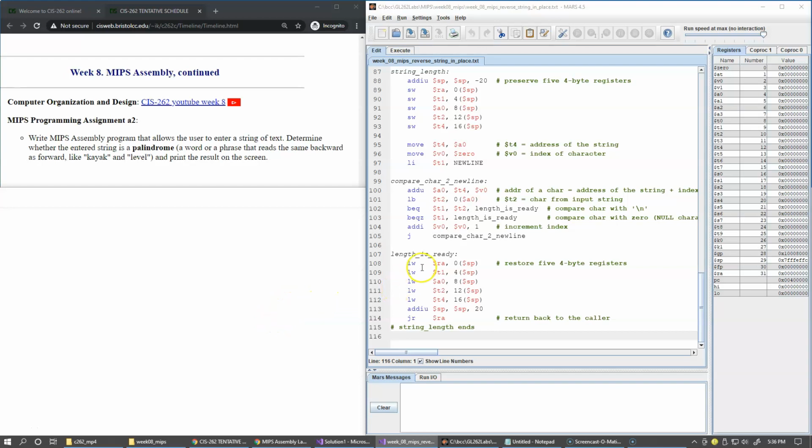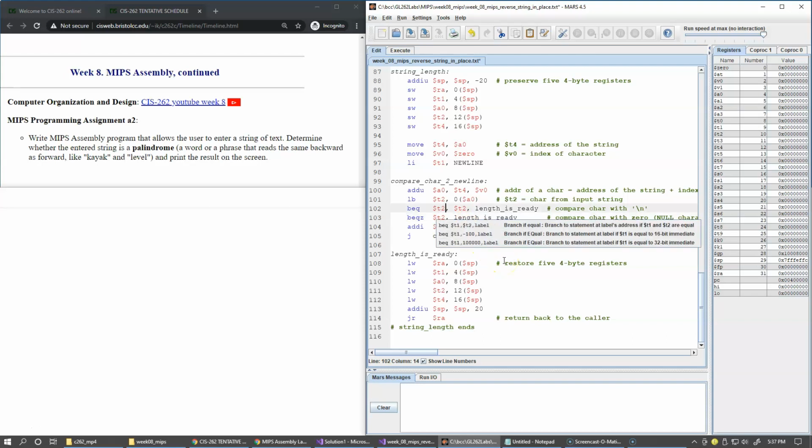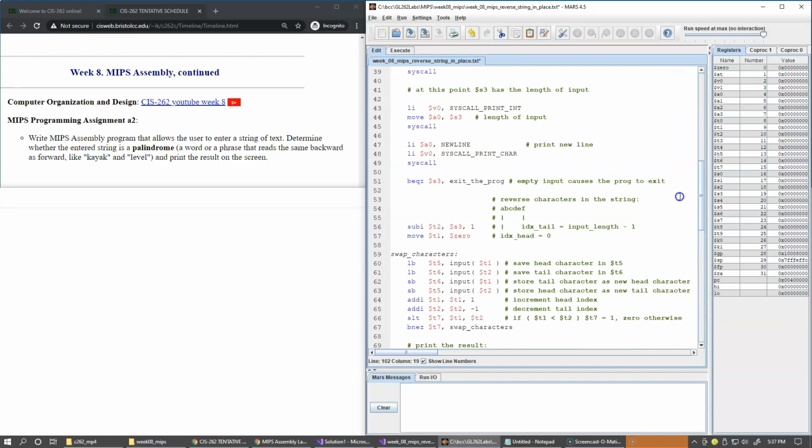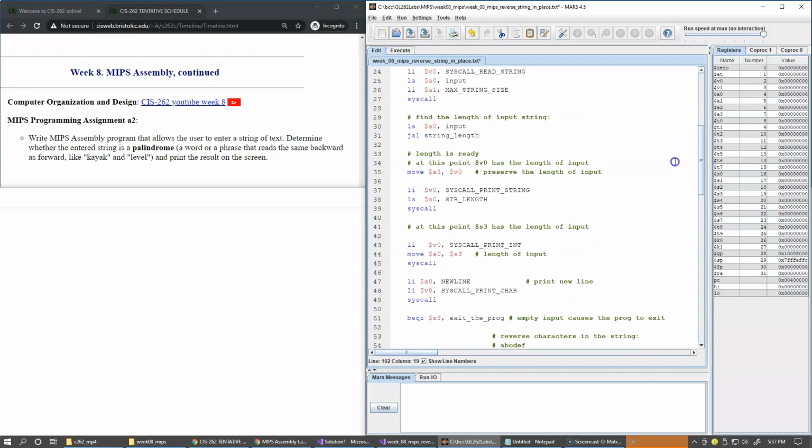I am going to fix the bug that I found in our previous video right here. This register should be T2, not T1, and I think this happened because of my style here. I should probably be using T1 only here. So this is all set, and the place where we call this procedure is right here, jump and link string